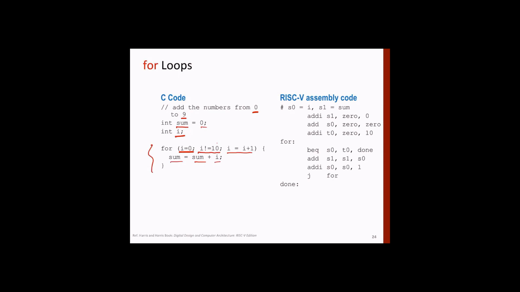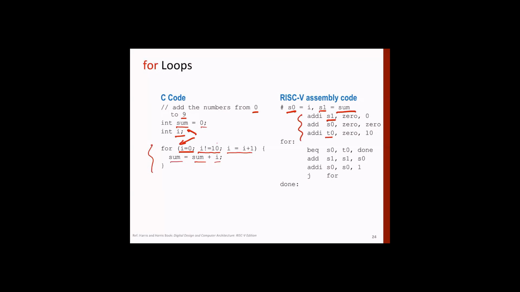All right. Now let's convert this into assembly code. You have to define I, and the other value, sum, and then you need some temporary. So register S0 will contain I, register S1 will contain sum, and then you have one temporary called T0. The first statement is to initialize this, so you initialize S1 to 0.